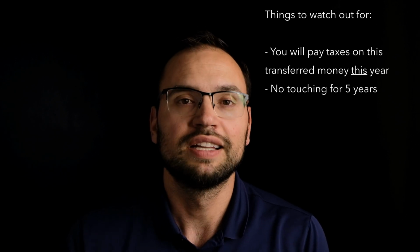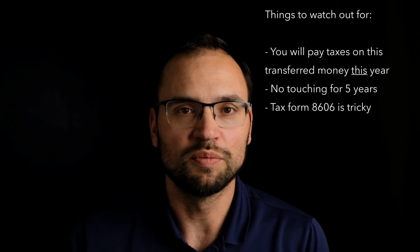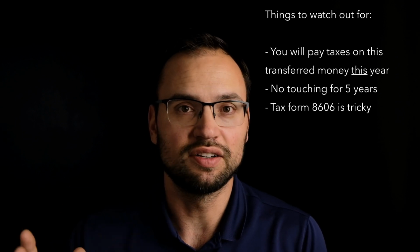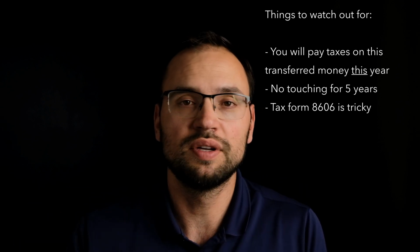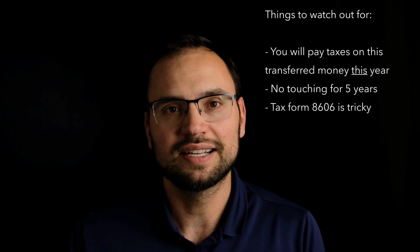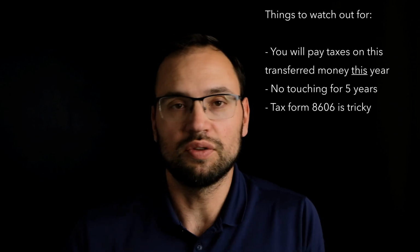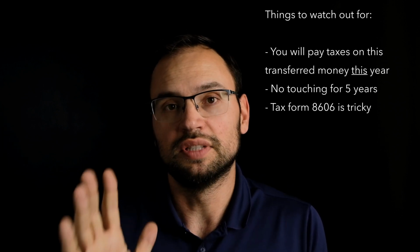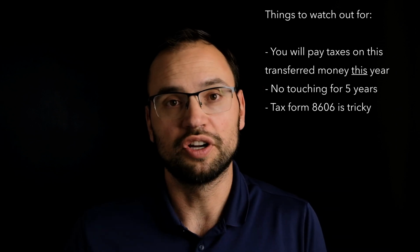Third thing to watch out for, carefully fill out this tax form that's associated with the backdoor Roth conversion. It's called Tax Form 8606, and it can be a doozy. If I was doing this personally, I would probably hire a tax professional for help, and I would specifically ask them about this kind of Roth conversion. So they may or may not be familiar with the term backdoor Roth. Just talk to them about converting from a traditional to a Roth